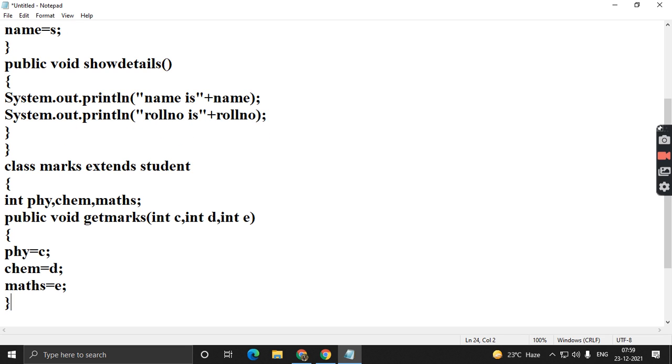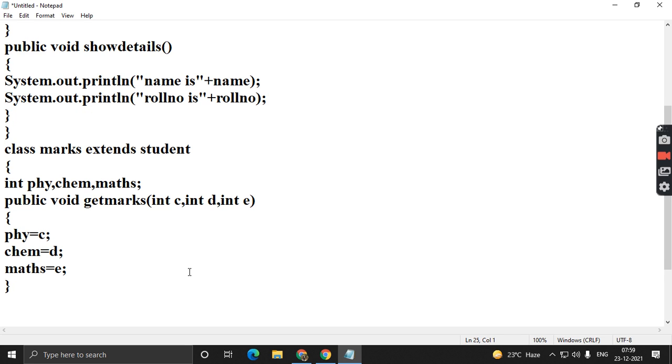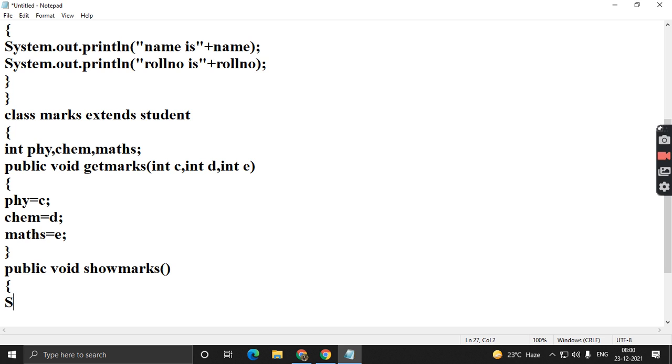So we have initialized the physics, chemistry and maths marks using the get marks function. Now again we will have one more function, show marks, where we will show the details of the marks which are entered for the subject.